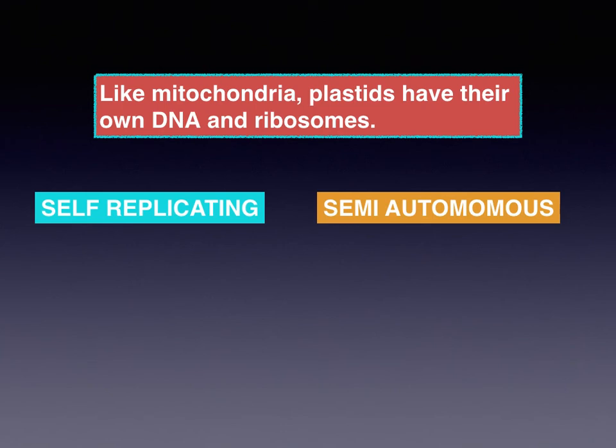Okay, so I hope you all have been able to understand about plastids. You are able to understand what you should be writing in your paper. So you should be able to mention a bit about the structure, the kinds of plastids, a little about the function of each type of plastid and their self-replicating nature. So I think that's about it. Not too difficult to learn or to memorize, right? And of course my video is always there. You can watch it again and again so that you are able to easily remember and recall during your exams.